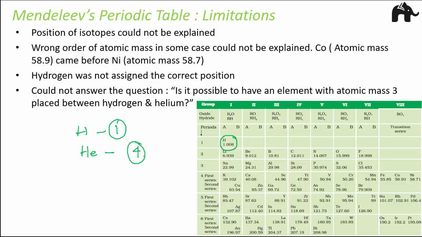So it became very difficult to understand if there is a possibility that in future a new element might come up with an atomic mass in between these two elements. And if it comes up, it will become very difficult to accommodate that element, because right now all these elements are placed one after another. For example, you pick any two elements, let's say magnesium and aluminium. In between these two numbers, 24.31 and 29.98, it was very difficult to tell how many elements are possible. So this was another big limitation of Mendeleev's periodic table.